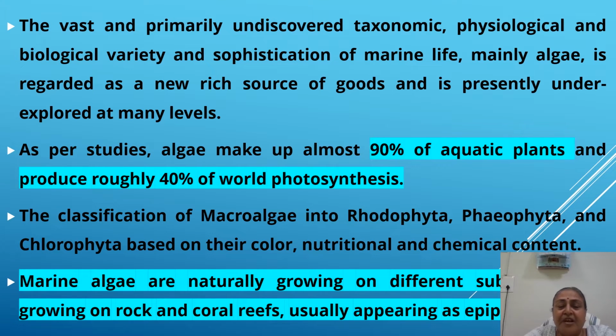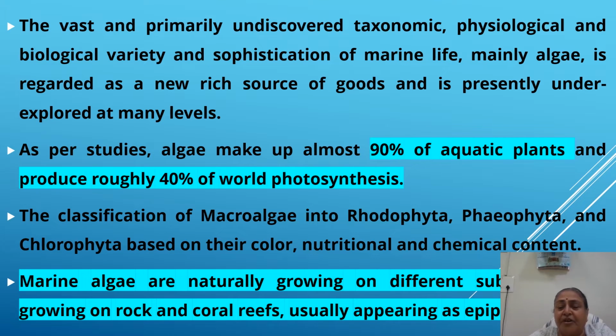As per the study, algae make up almost 90% of aquatic plants and produce roughly 40% of world photosynthesis. So this is a big mass, and they are very good producers and can be a good source for the majority of the human population. If we consider the classification of macroalgae,